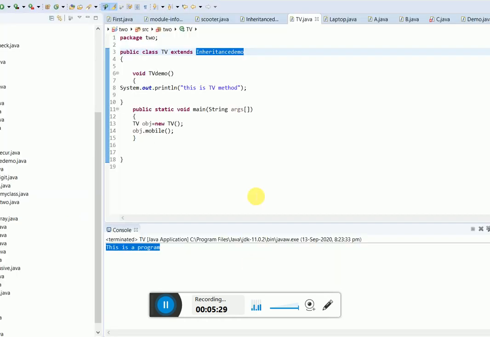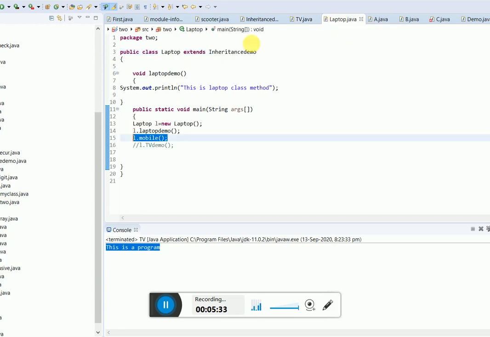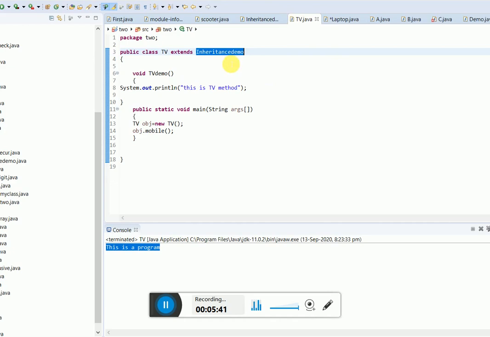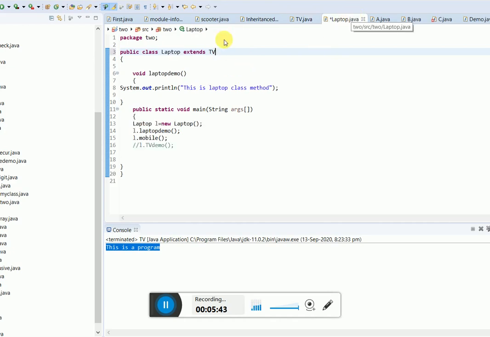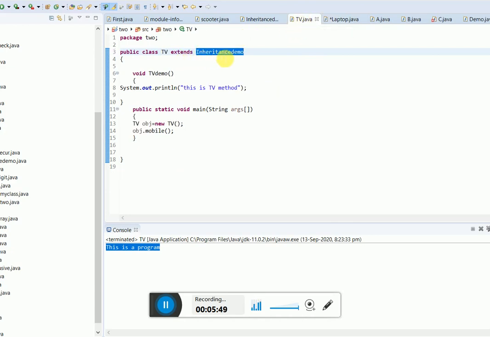Let's see the example on that. I have a laptop class here. If this laptop class extends TV, the class that we had seen earlier, then this becomes an example of multi-level inheritance. Why? Because TV is already extending or inheriting the InheritanceDemo class, and then laptop is inheriting TV.